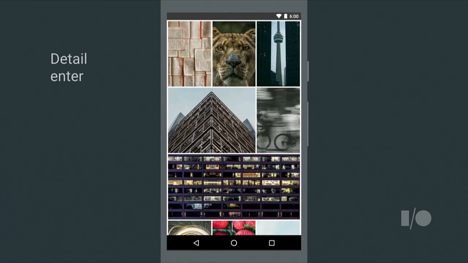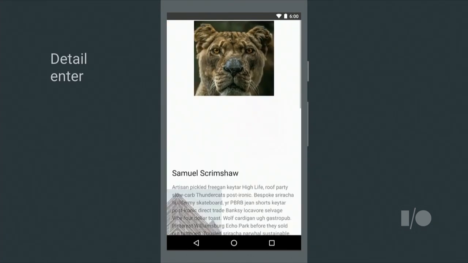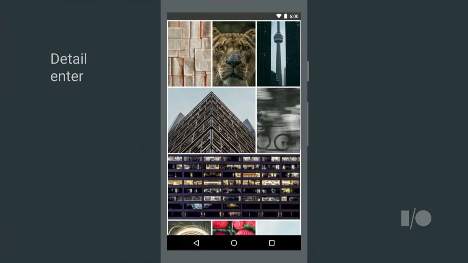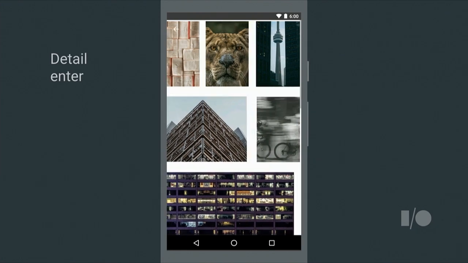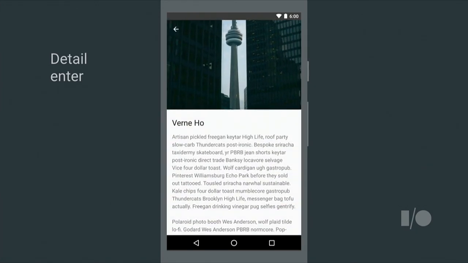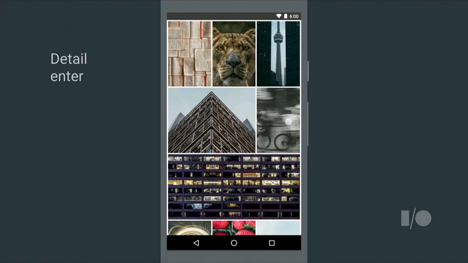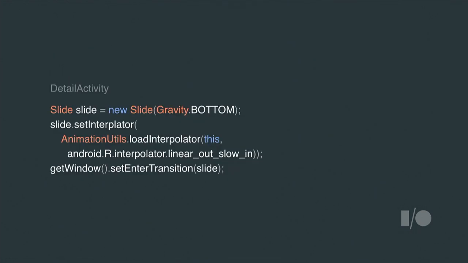Let's go and take the next step for the detail activity. We also want the content that is not shared to slide in from the bottom. You can't just create the transitions from XML, but you also can do this directly within code. So let's take a look how you can do that. We just created a new slide transition. We want to have the content slide in from the bottom, and we want to have it enter at full